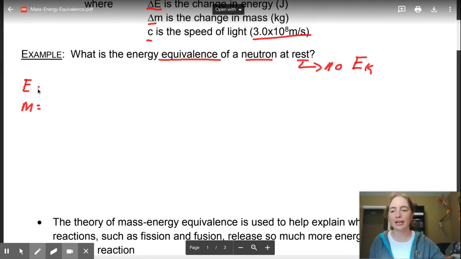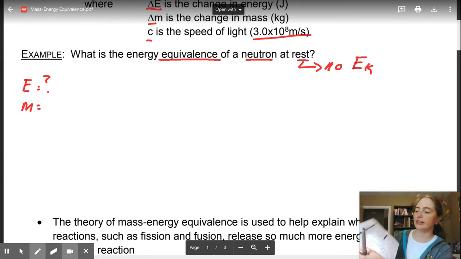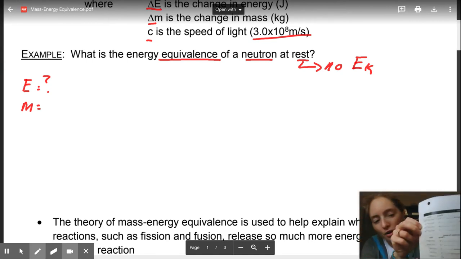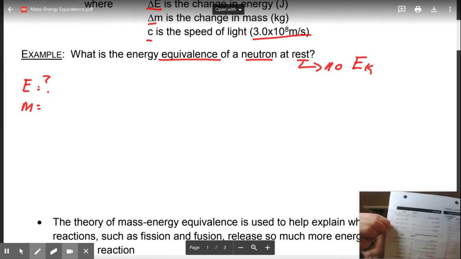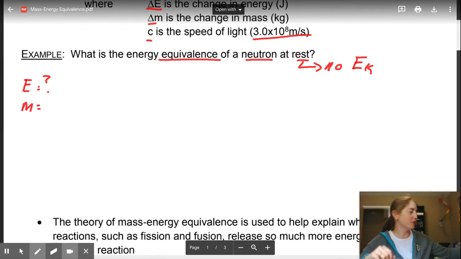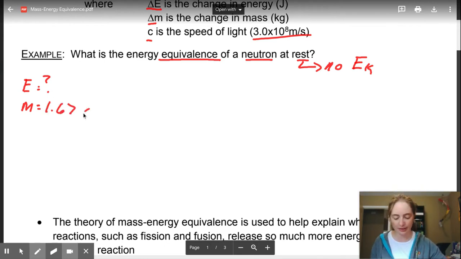Okay, so we're trying to calculate the amount of energy, and we need to find the mass of a neutron. Where are we going to find that value? Data sheet, absolutely. So if you go to your data sheet, on the back page, with some of the constants, you're going to find a mass section. And at the very bottom, you can see the mass of your neutron. From your data sheet, the mass of a neutron is 1.67 times 10 to the power of negative 27